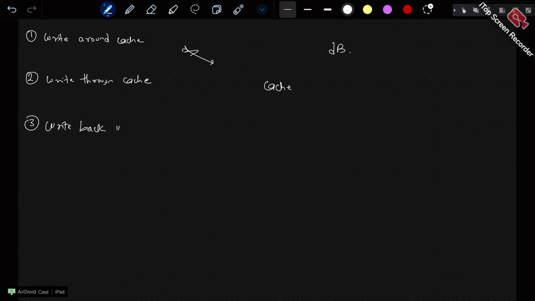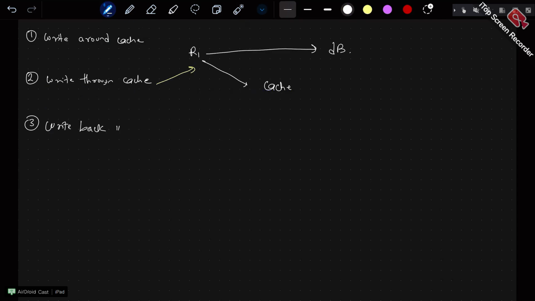There can be one mechanism where request one has come in, so it will first write to the cache as well as to the database. The same request is writing onto both, right? A read request will always go to cache first, and if the data is not there, it will go to the database anyway. So written to both, this is called write through.